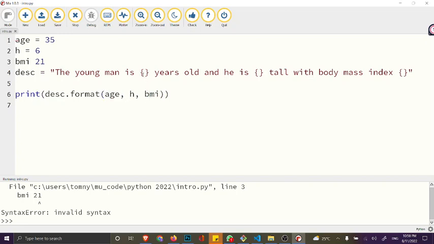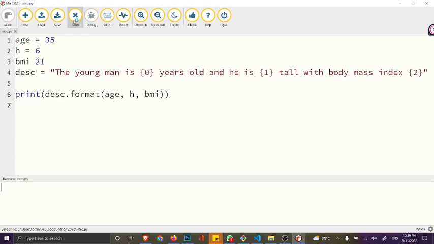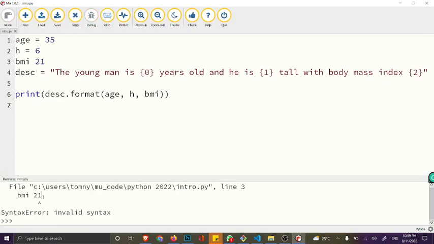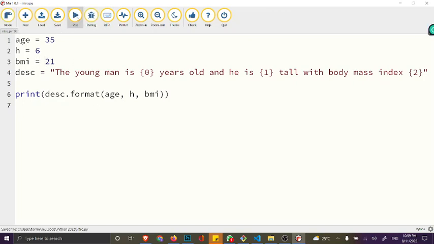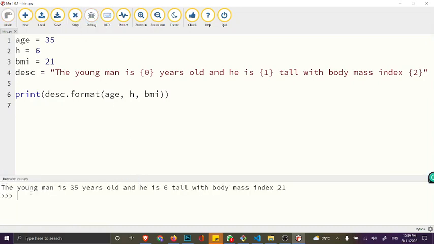In this case, we want here to be 0, here to be 1, and here to be 2. Let's run this again. Oh, okay, I didn't put an equal to there. That's my mistake, sorry. So if we run this, we have the young man is 35 years old and